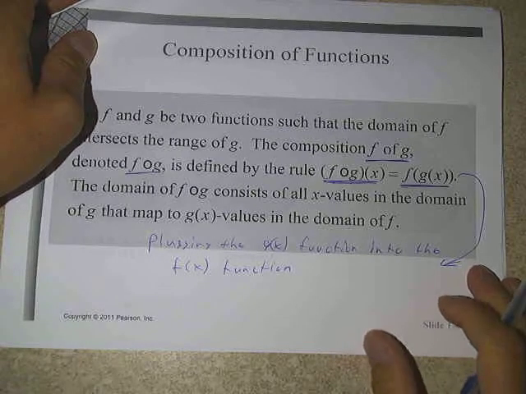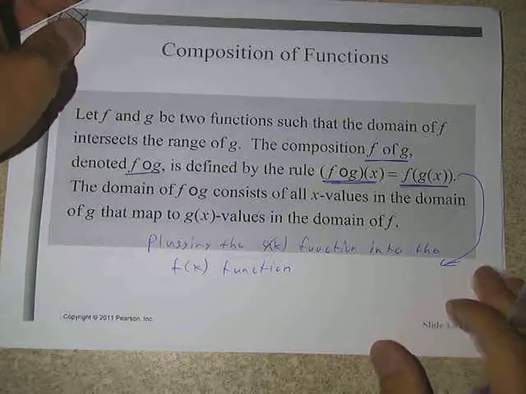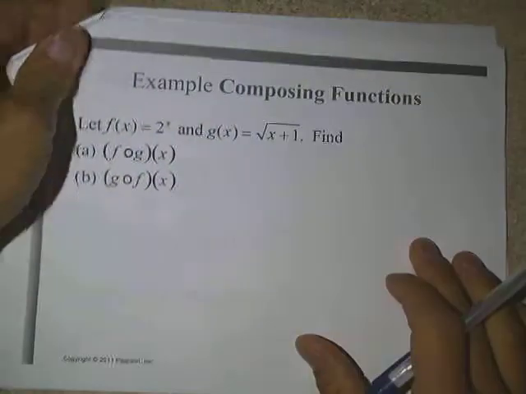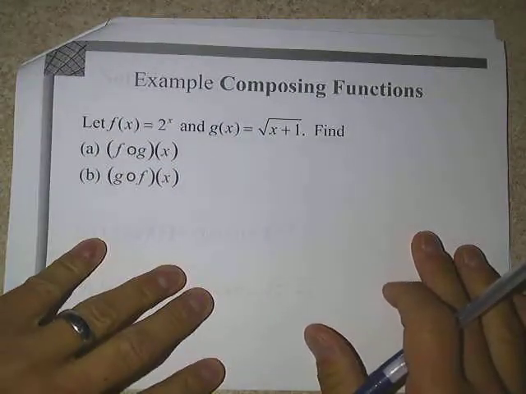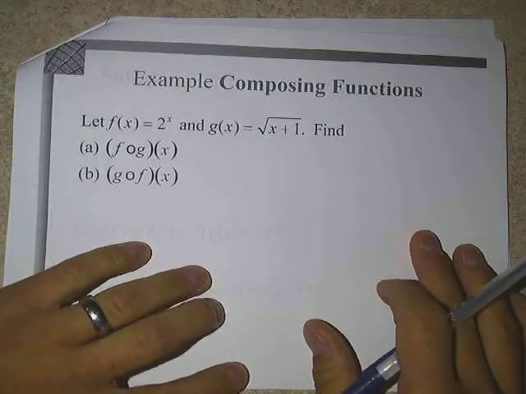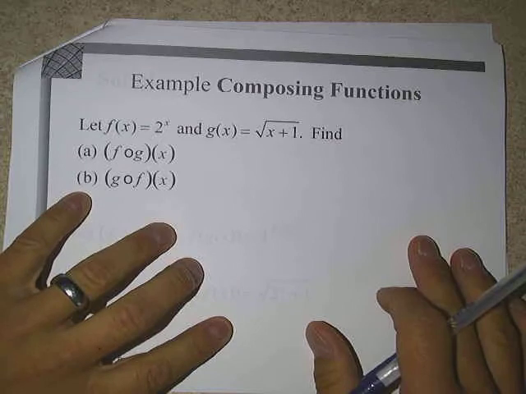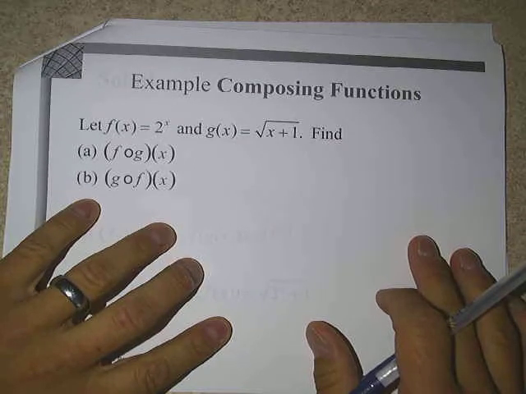And finally, the domain of the composition consists of all the x values in the domain of g that map the g values in the domain of f. Now, that sounds rather confusing, I agree. But we're going to see it in action because it's not really as difficult as it sounds. So if we take a look at an example,